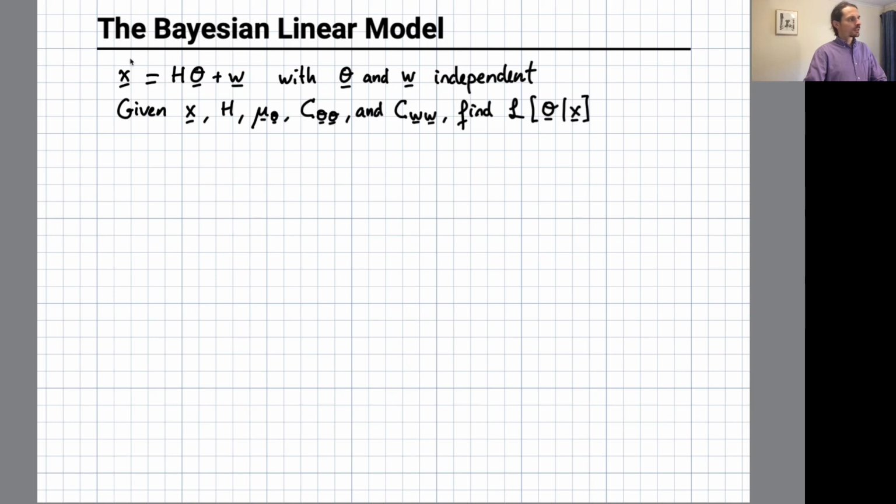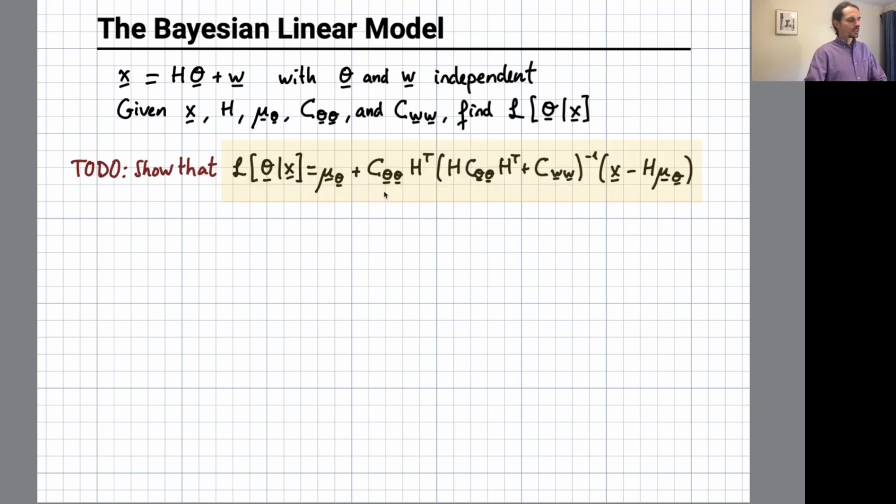So x is given as always by H theta plus noise, where theta and w are independent, and we are given the data, matrix H, the prior mean and covariance of the parameters, and the covariance of the noise. The mean of the noise is assumed 0 as always. Okay, so